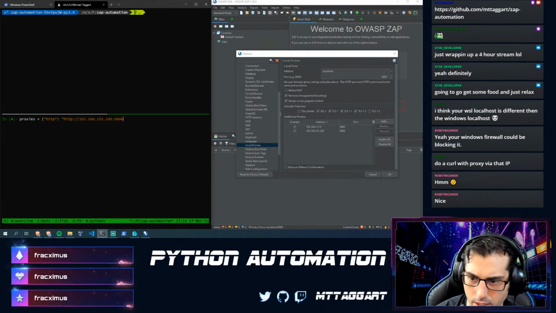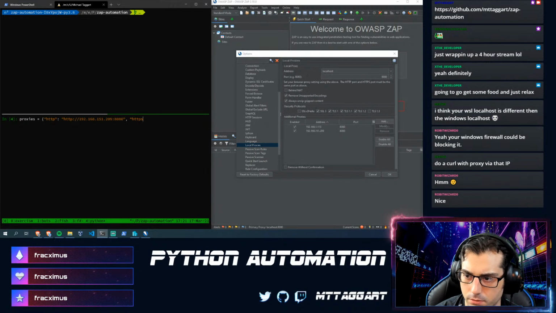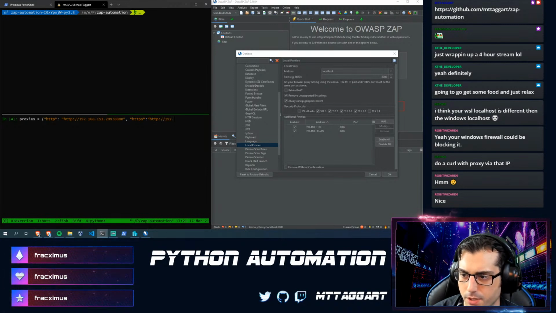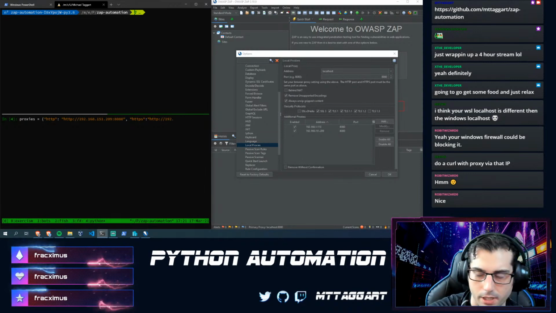8080, and then HTTPS. And you might think, wait, doesn't the HTTPS proxy also have to be HTTP? No, it becomes HTTPS on the other side of the proxy.